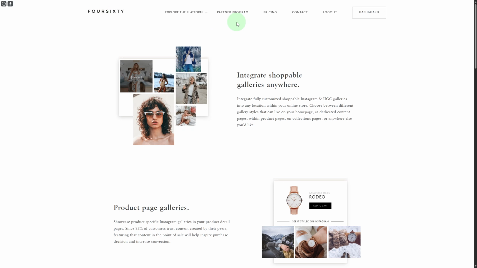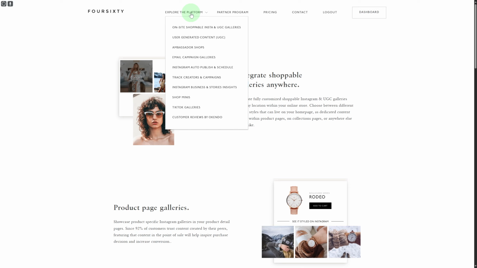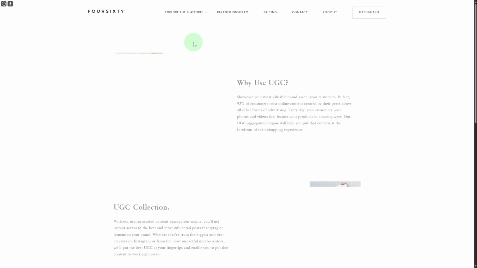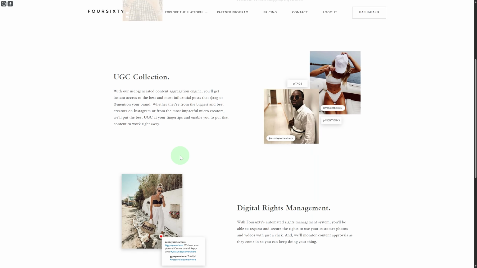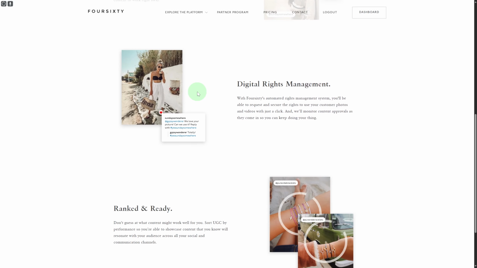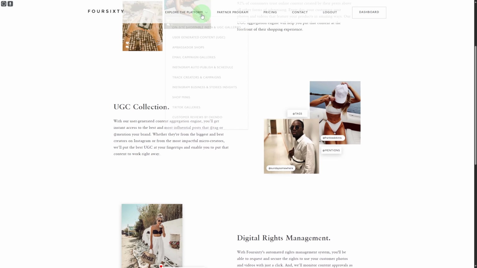So if you sign into their account, you will be able to see you have different types of features, like for example on-site, shoppable, Insta and UGC galleries, user generated, and this is the exact thing that I'm discussing. You can showcase your most valuable brand assets, and in fact you can create different types of collages and image galleries to make your products viral and sell them. So if you are looking for some amazing leads for your businesses, this is the platform that you can try out. You can add your tags, mentions using the platform,